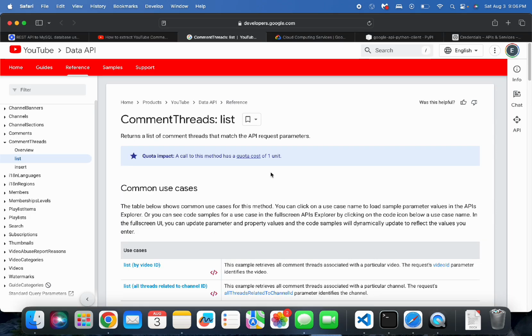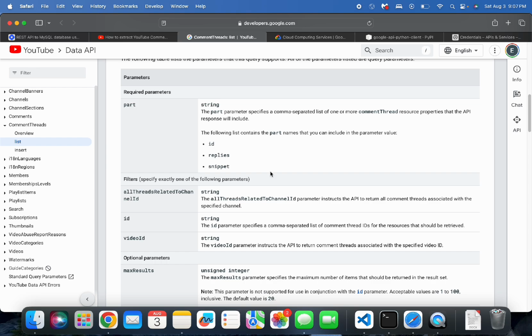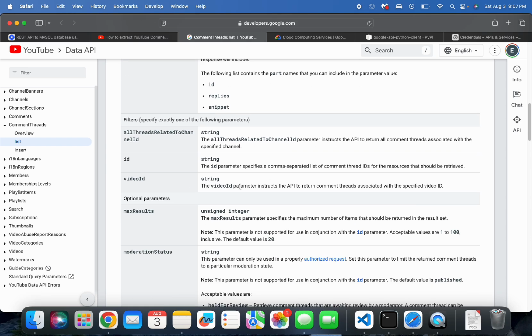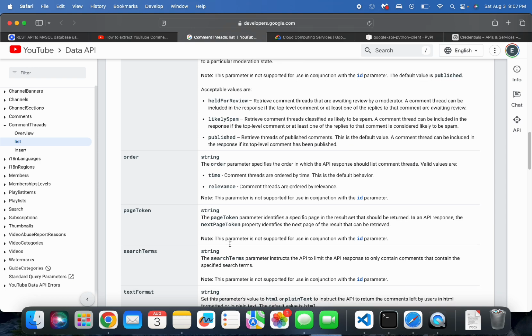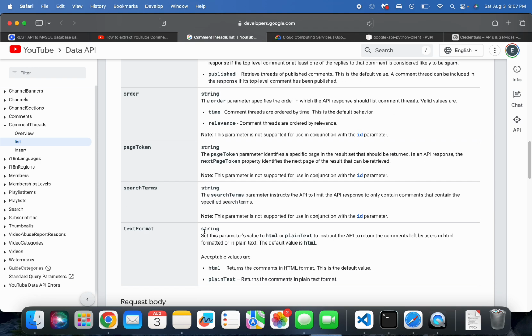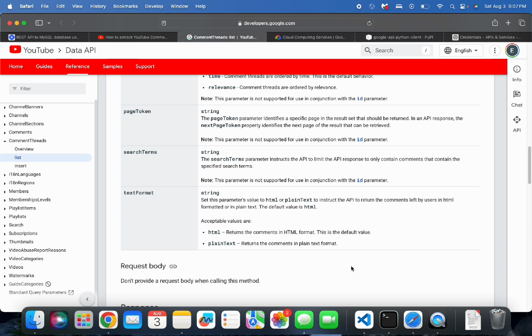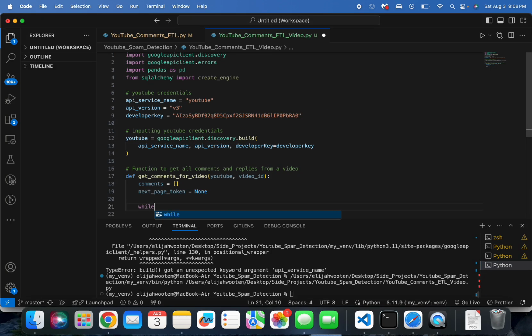And here's the documentation on YouTube's website that shows the data that we'll be extracting from each comment section. Here's like the video ID. So this is where we'll be inputting the video ID as well as the page token that we'll be extracting from, and then as well as the text format of how the data will come through and so forth. From here, we can include the part parameter first because this is a required field. So we can say while true,